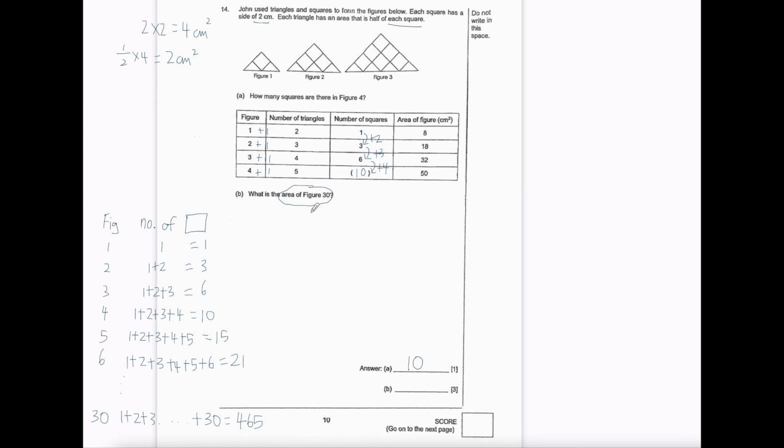The number of squares is 465, so I need times 4 cm square. The number of triangles in figure 30 would just be 31. So I take 31 times 2 cm square, which I'll get as 62 cm square. So the total would just be